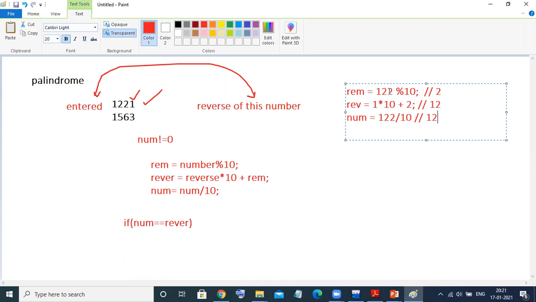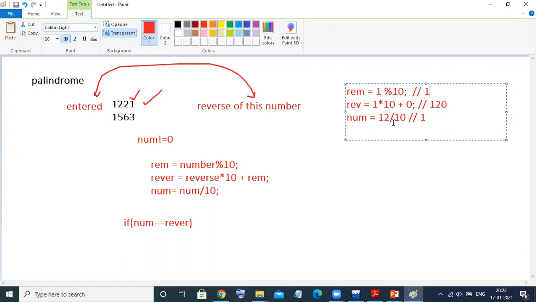Yes, it goes here. Now 12 mod 10 means it will give the last digit, that is 2, right? What is the previous value of the reverse? 12 into 10, that is 120 plus 0. Now 12 divided by 10, it will give 1. Still 1 is not equal to 0. Again it goes here. 1 mod 10 will give 1.